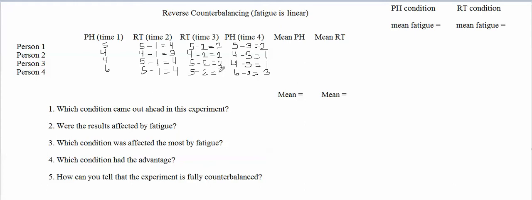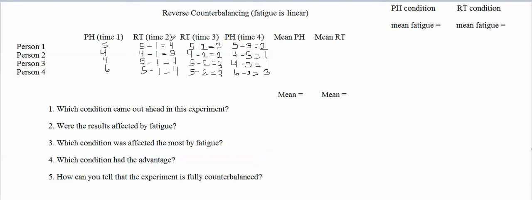Okay, so we have these ratings, these ratings, these ratings, and these ratings. What you'll need to do next is calculate the average Pizza Hut rating and the average Roundtable rating for each person. So to do that, you would add,